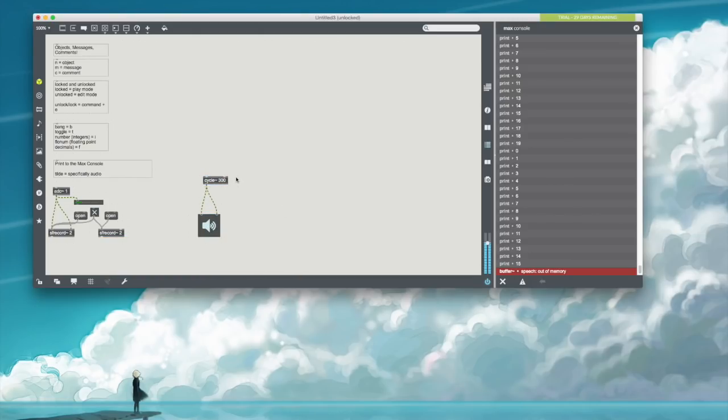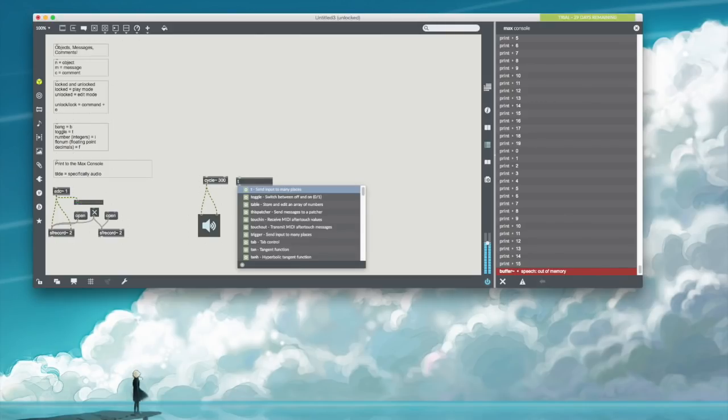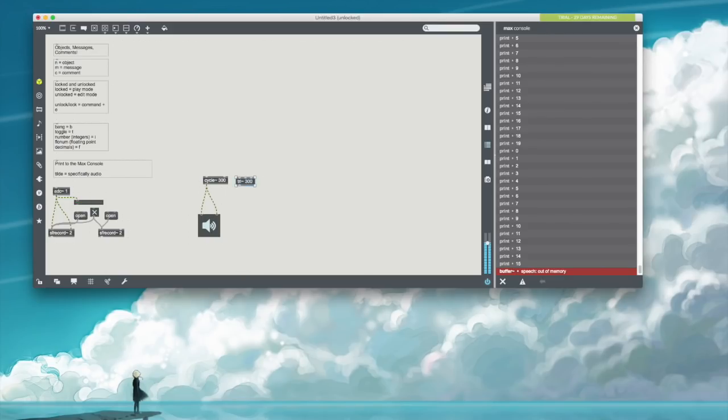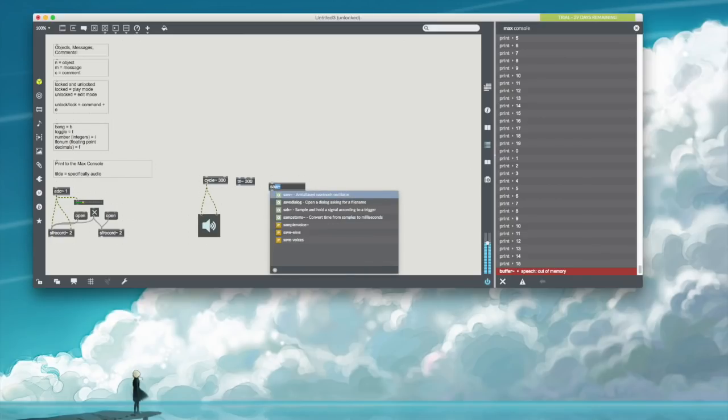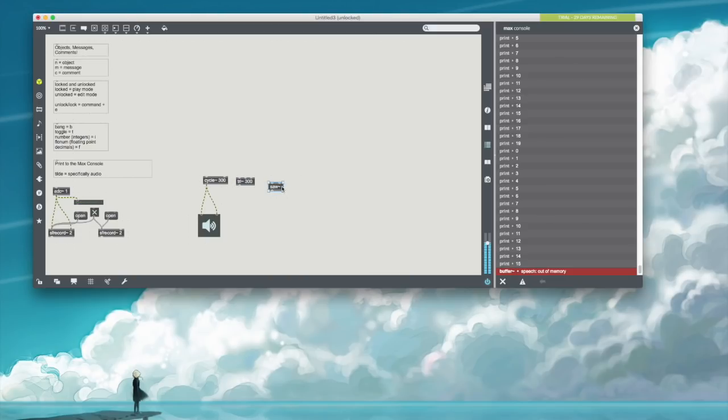Now if I want to make a different waveform, I have a few options. I can do a triangle wave by typing tri tilde. Going to give that a frequency of 300 hertz as well. And I also have an option of a sawtooth wave. If I type saw tilde, hit space, let's give that a frequency of 300. And just to hear the difference in timbre,